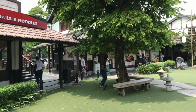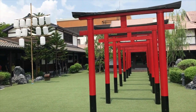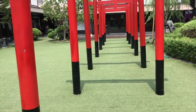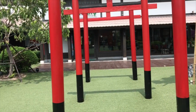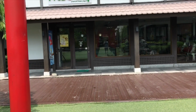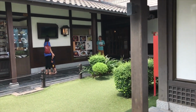So just panning around, this whole courtyard is surrounded by Japanese restaurants, which we will take a closer look at in a bit. But I thought this is actually really neat. When I looked at it in video, these poles actually look like they're CGI or graphic, but they're not. These are actually real poles. But the fact that they're so brightly red colored, and with the strong sun, this color is just so vibrant, just so vivid. I just thought it was cool that it looks like a CGI, computer graphics pole